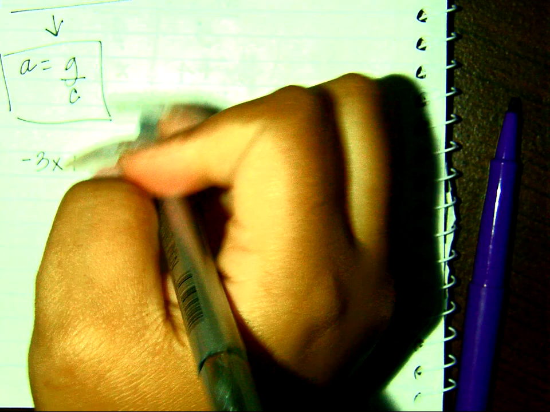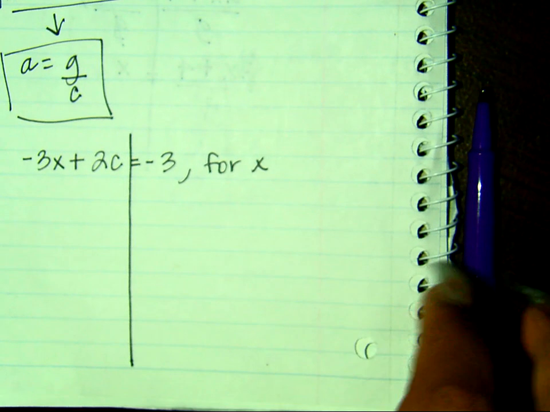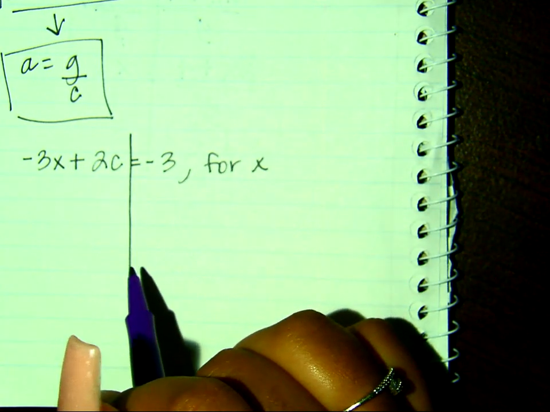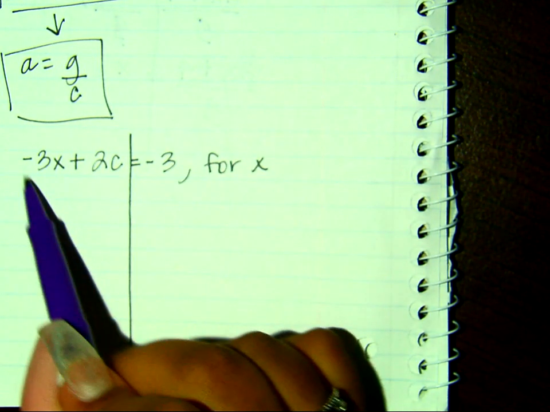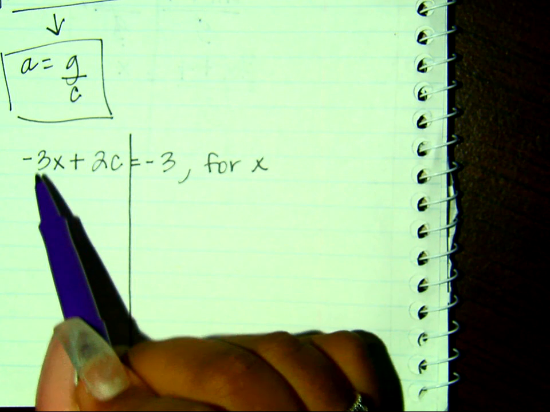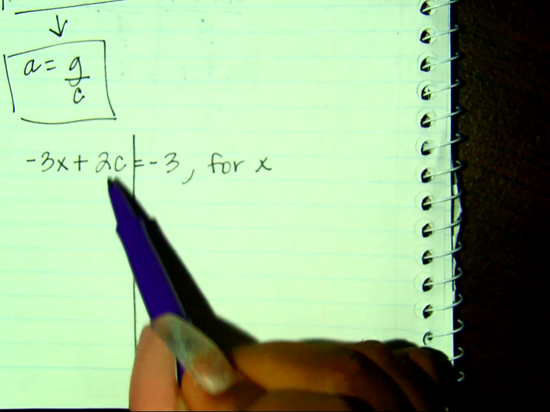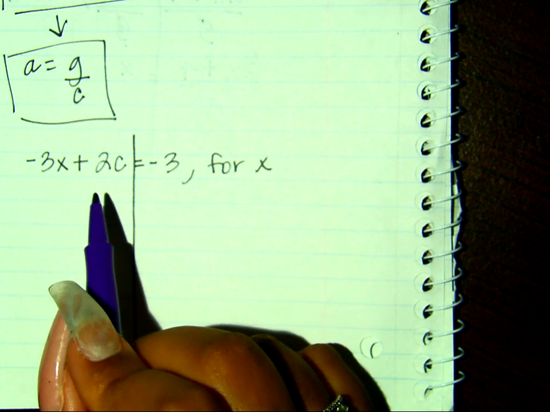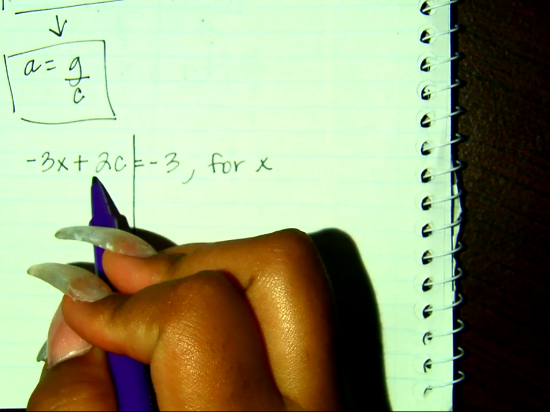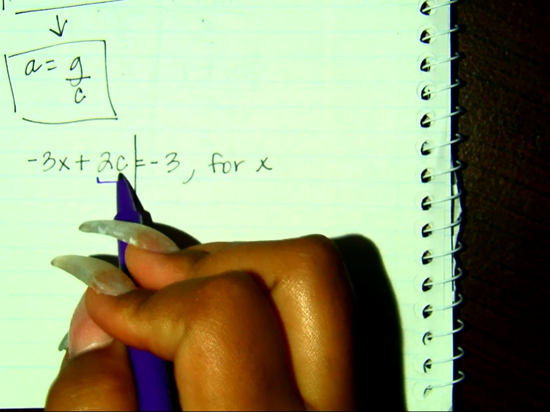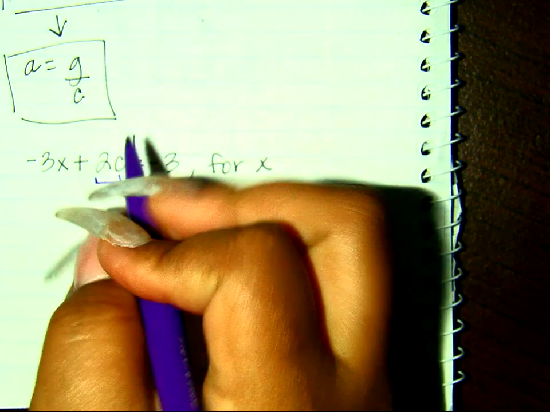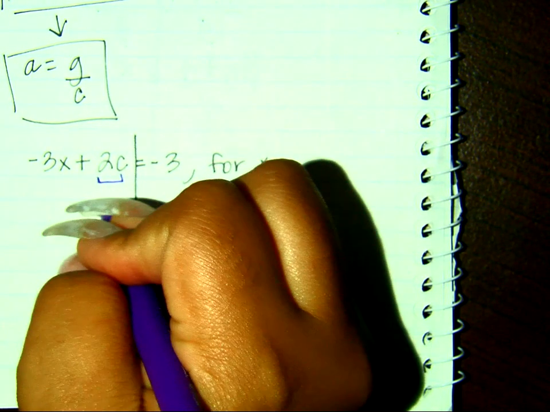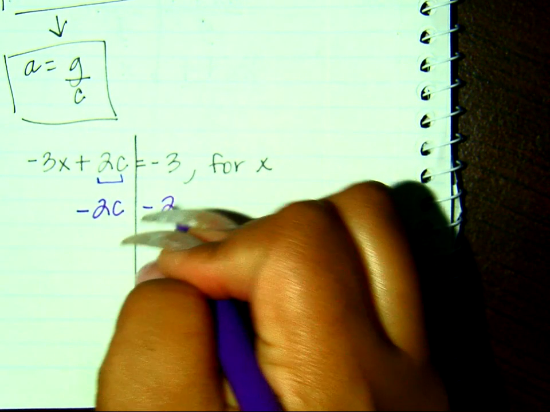So I'm going to first draw my river, and now I need to identify what is furthest away from x. So negative 3 is closer to x because they're multiplying with each other, but 2c is the furthest away. Because we are solving for a variable, I have to take 2c as one entity. I cannot separate them, so it is a positive 2c, so I'm going to subtract 2c from both sides